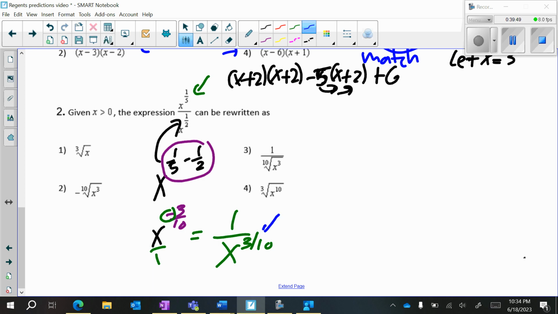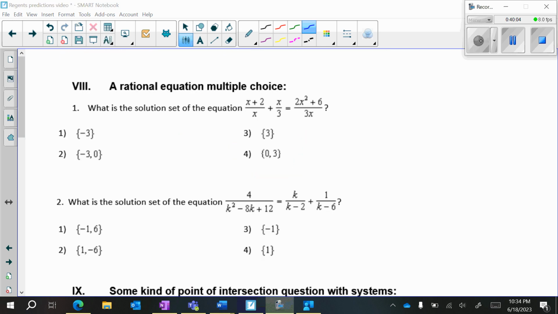And then if you ever see a fractional exponent, you're going to do power over root. So remember, the power goes on the base, and the number that goes in the root, called the index, goes on the outside. The answer to this one was choice